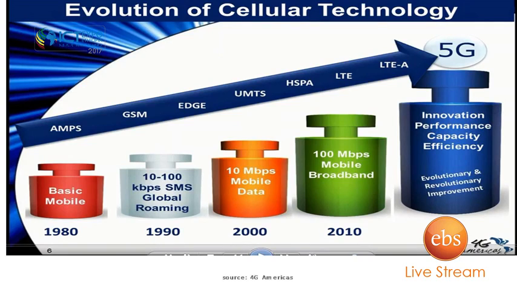Later in the 1990s, the GSM technology evolved with a gap of 10 years, and then 2.5G with an added technology, which is EDGE. Then in 2000, 3G, that is third generation, started with new technologies, which are UMTS and HSPA. Then in 2010 again, with a gap of another 10 years,